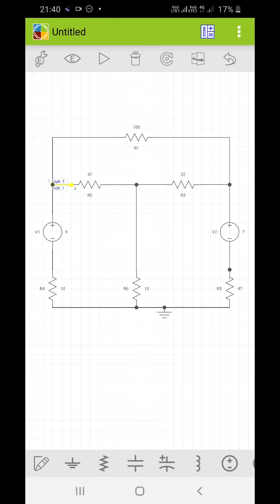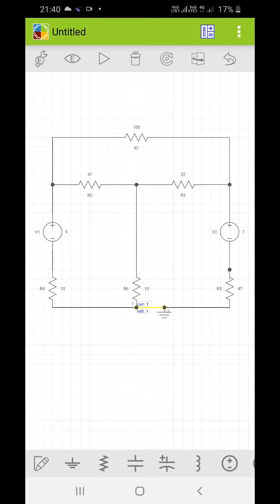Okay, this is first node, this is second node, and this is your third node. Okay, so you can find out the node voltage using the voltmeter. You can place the voltmeter between that node and ground. Okay, because you know that a voltmeter is to be connected in parallel with the component of which you have to check the voltage.